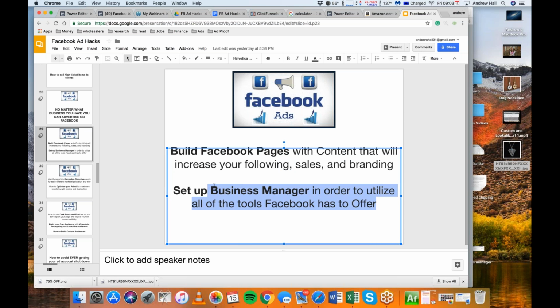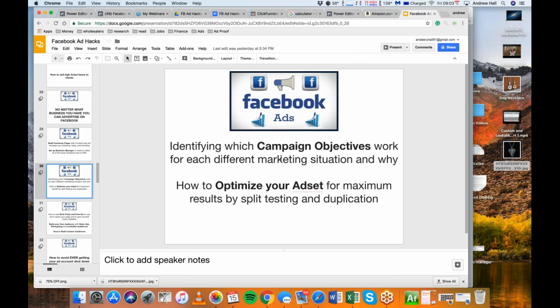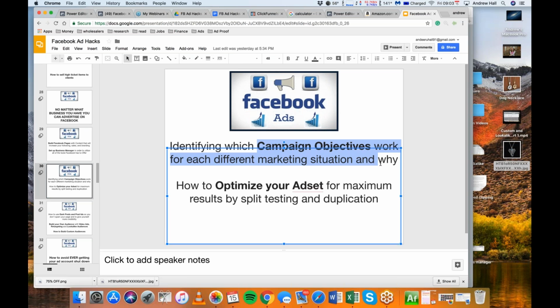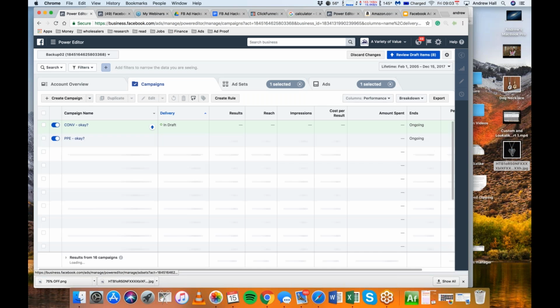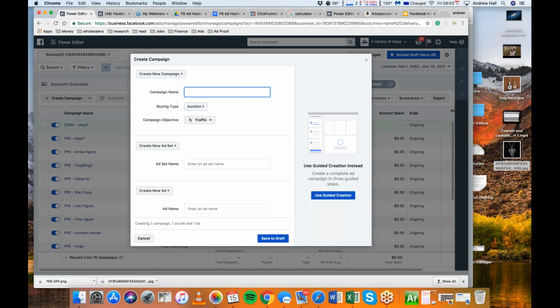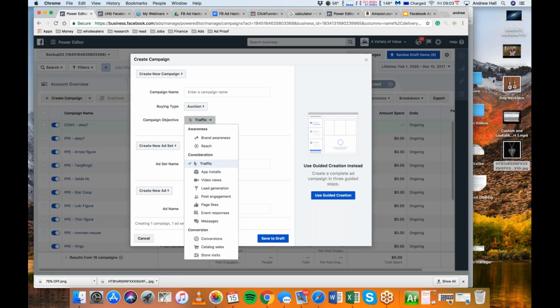So we set up the business manager. I think I covered most of the campaign objectives now with the conversion ads. I really don't use anything else. I might go over a page like ad, what do you call it? I've known people that use it. I personally never use it. I've used it a few times, but